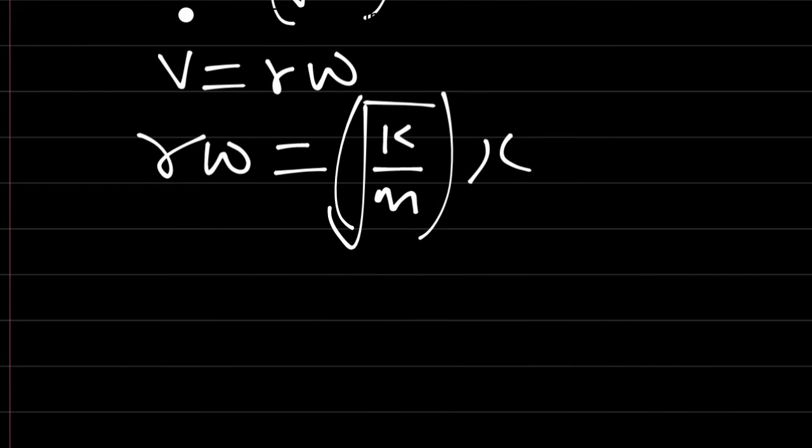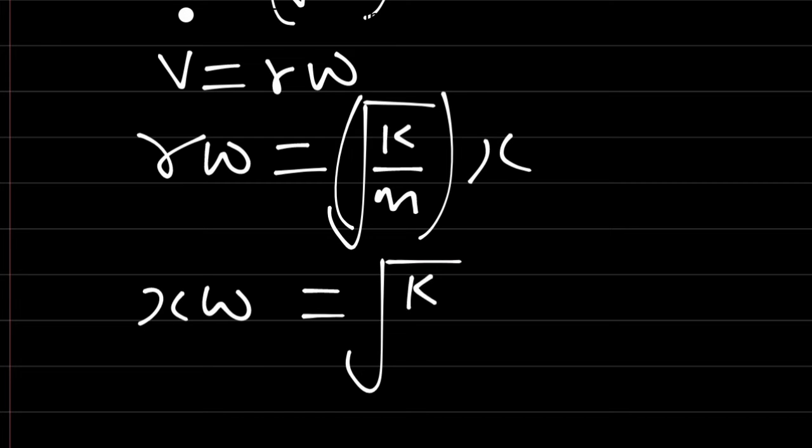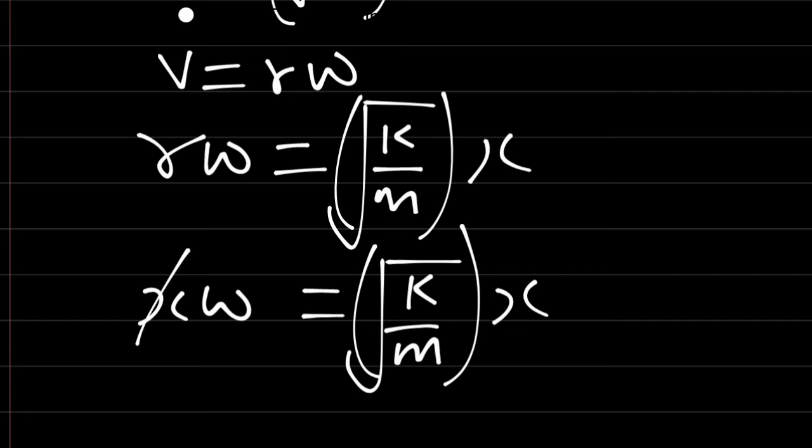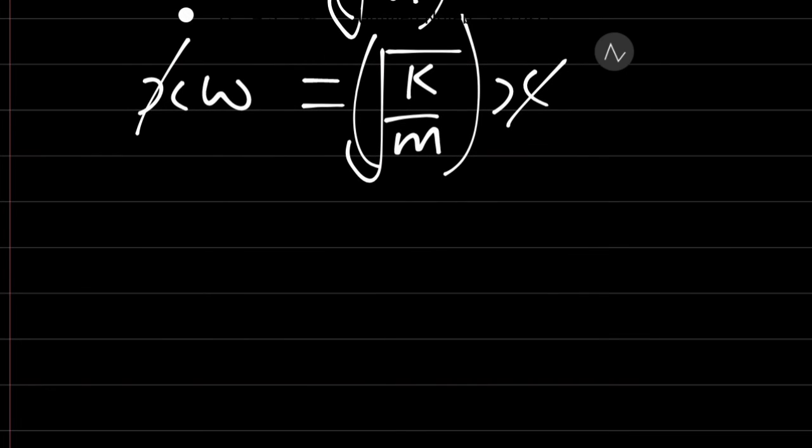But R is also displacement, which can be represented as X. Therefore, I can change my R to X. X omega is now equal to what? Square root of K over M, then S. Divide both sides by X. Therefore, I have my angular velocity to be equal to what? Square root of K